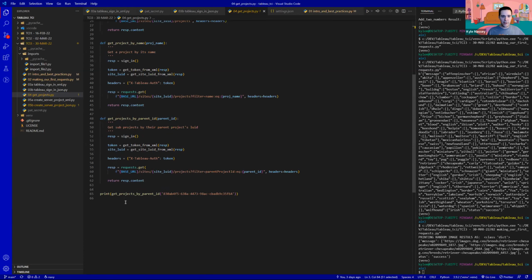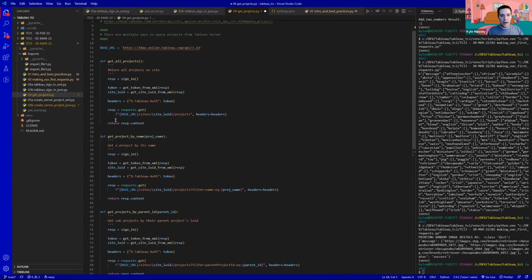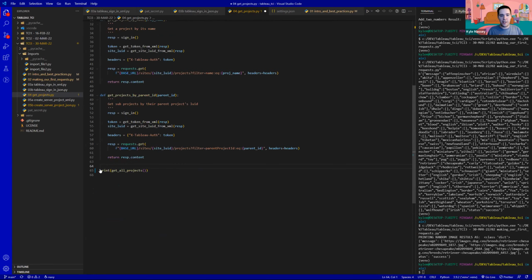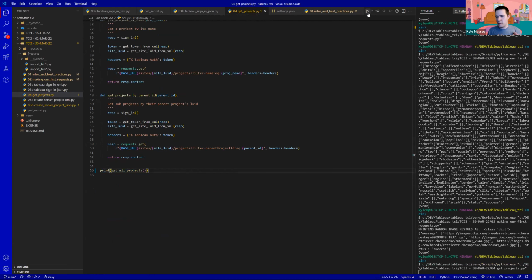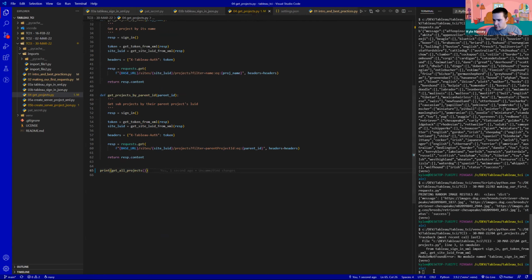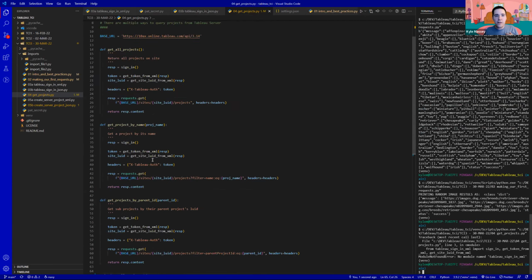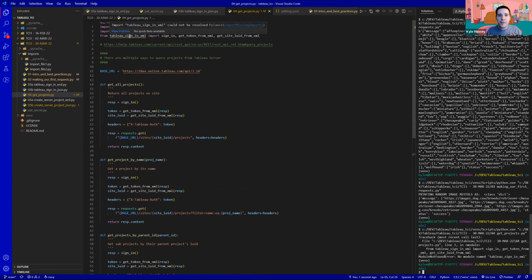So let me just run get all projects really quick. And again, because this is returning something, not printing it, I need to print when I call the function. So if I just call this really quick, I get an error called no module named Tableau sign in. Did I change the name of something? Let's see, Tableau sign in XML, Tableau. Oh, it is 03, and then I